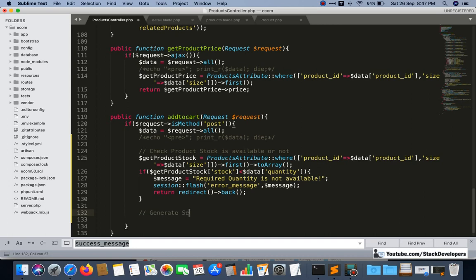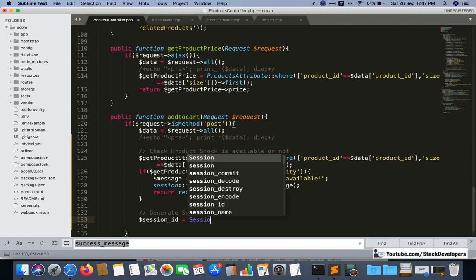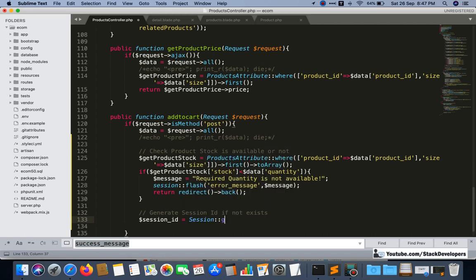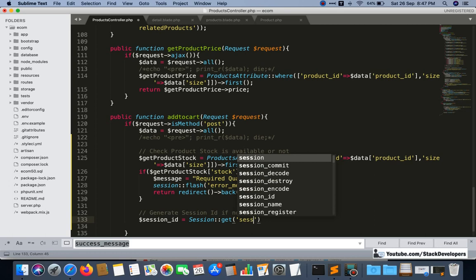Generate session id. We are going to generate the session id if it does not exist. If it does not exist, first we are going to check that the session id is not already generated. We are going to check like this: session underscore id, and here session get session underscore id.